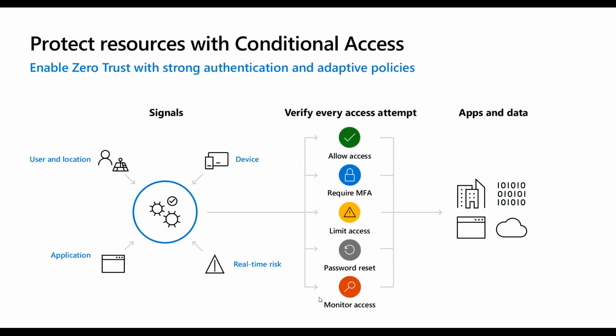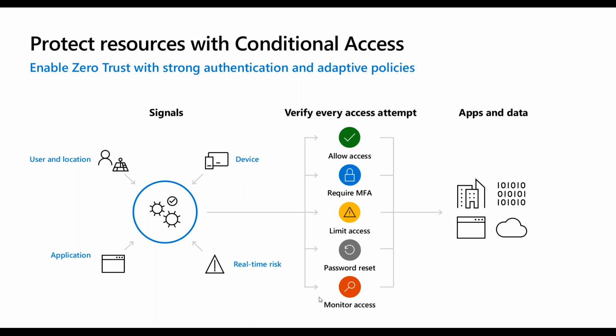And of course, conditional access is crucial here. So it's a way of making sure you limit the number of MFA requests to a reasonable level. So over on the left here, you've got signals coming in about user and location, what device they're on, what applications you're using, and so on. Microsoft also understands whether your access is part of a botnet attack, whether your credentials have been stolen. So there's a bunch of information that Microsoft processes in order to provide you with a risk level,